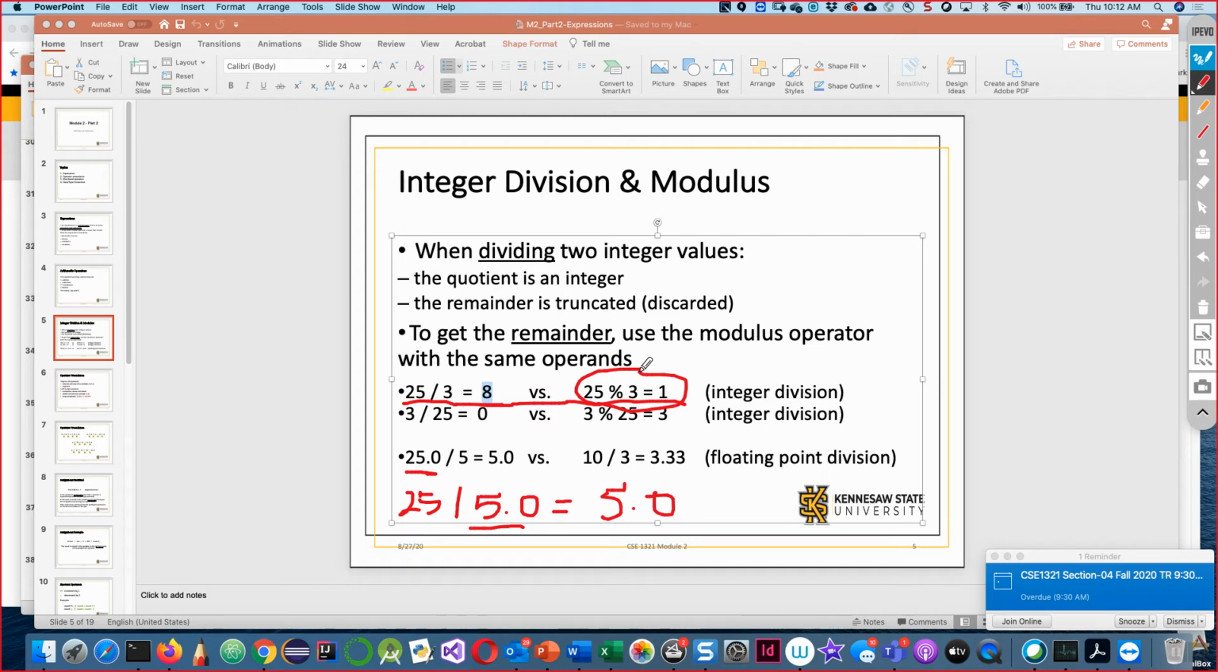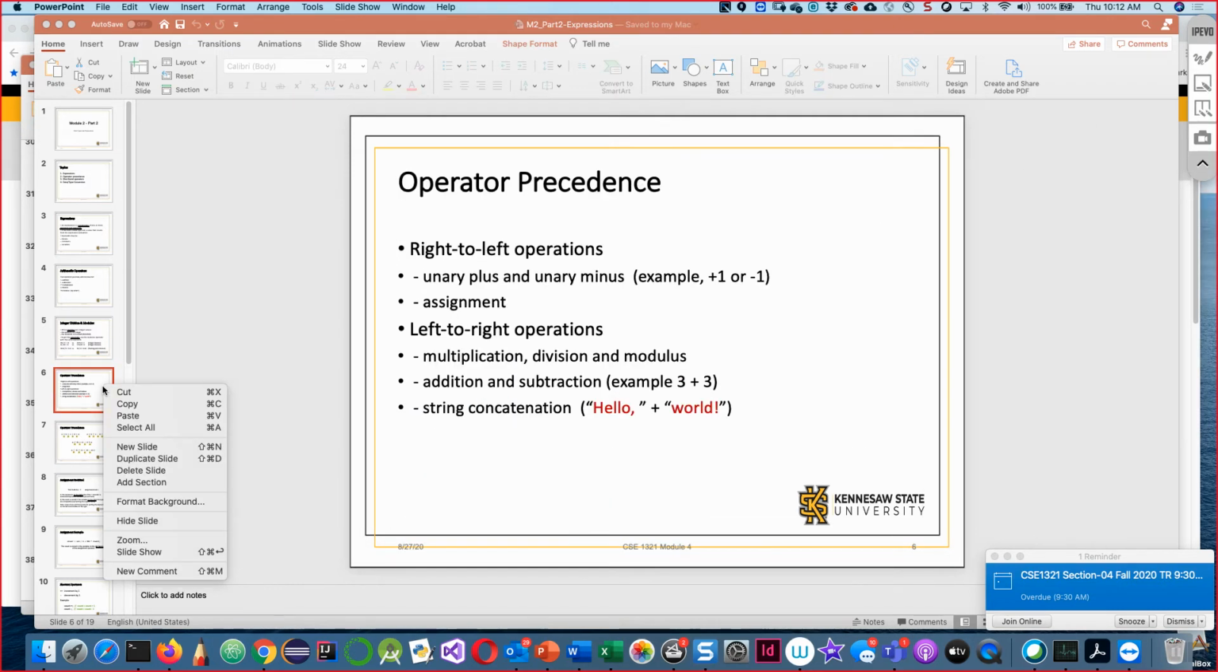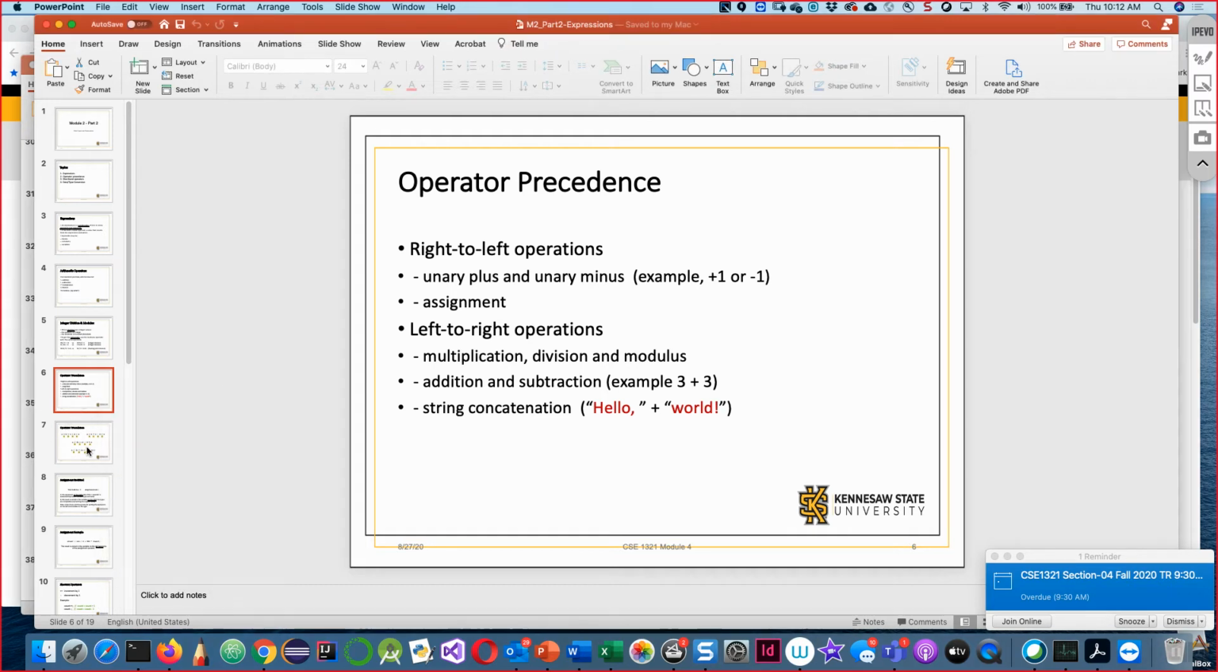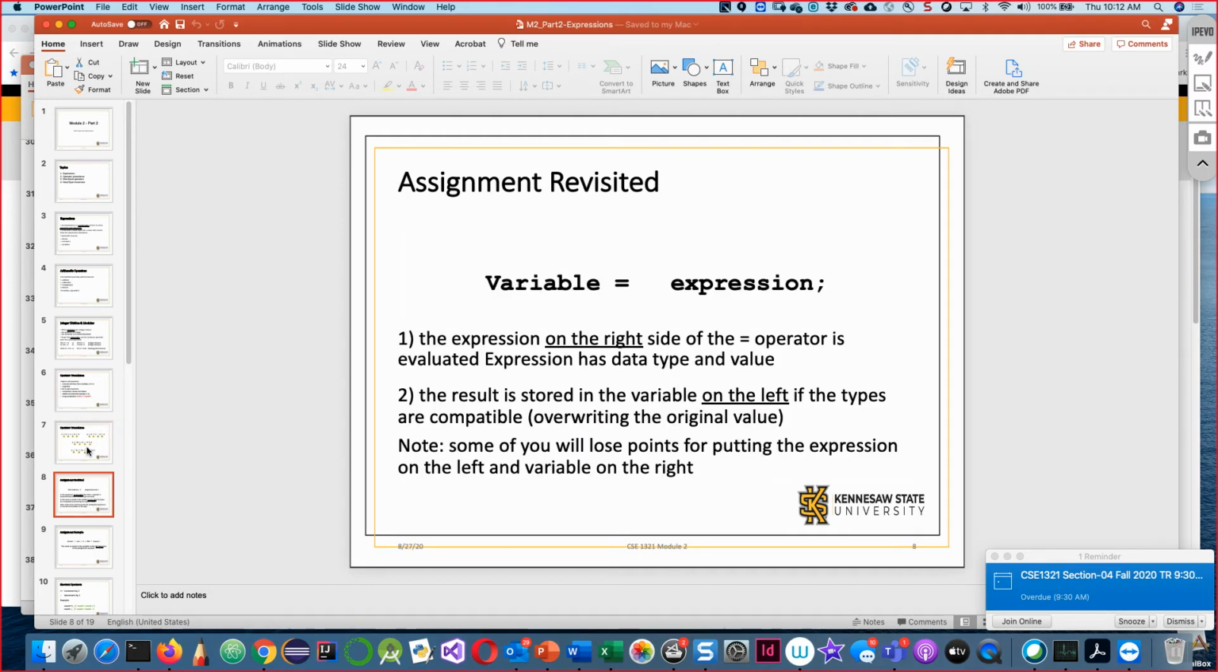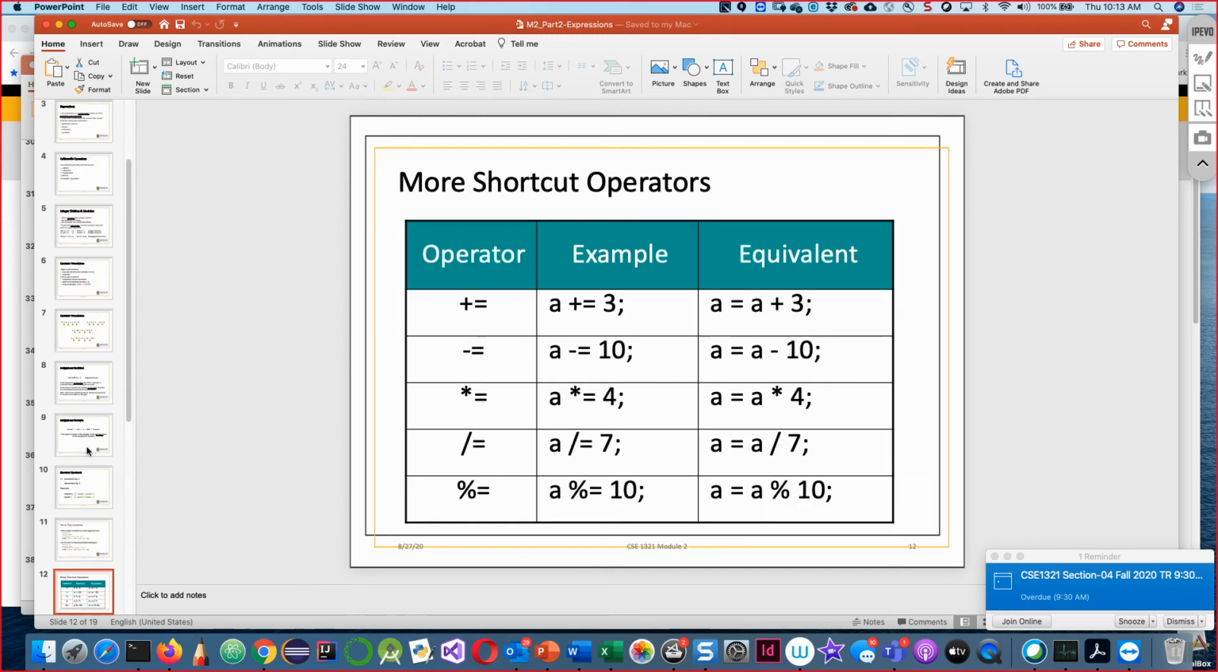Anyone has any questions so far? That's good, these are simple. So operators are mainly divided into three categories. One is called the binary operator, another is called